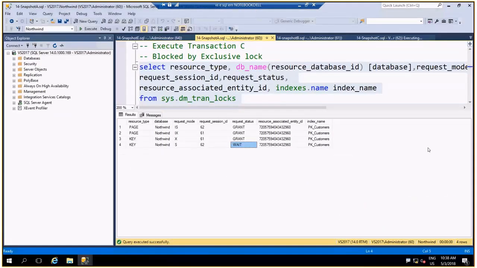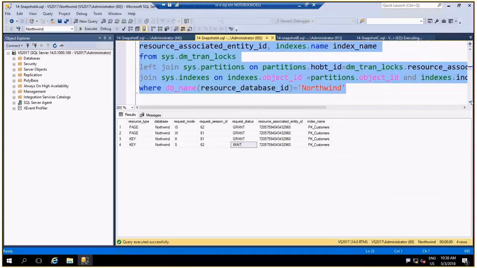We have a blocking, but I'm not using snapshot isolation yet.